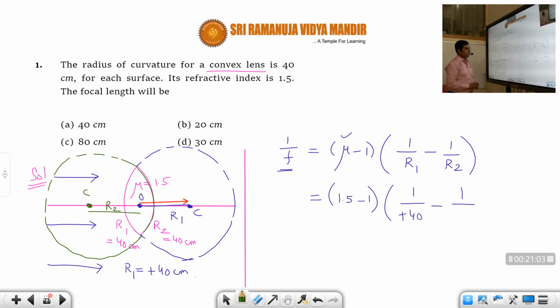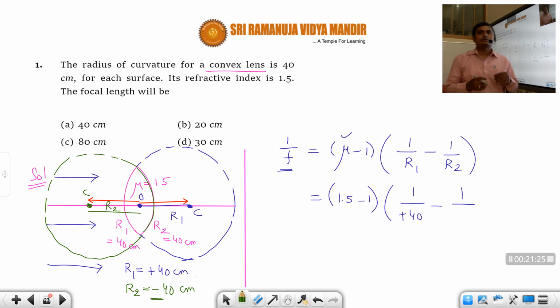Now to measure this distance, again you have to start from the optic center and go toward this side. So what is the direction of the arrow? The direction of the arrow is towards the left side, which is opposite to the direction of incident rays. So that means you should take r2 as what, students? r2 is equal to minus 40 centimeters. I hope you understood why we are taking minus 40. Please understand why we are substituting minus. That is according to the sign convention.